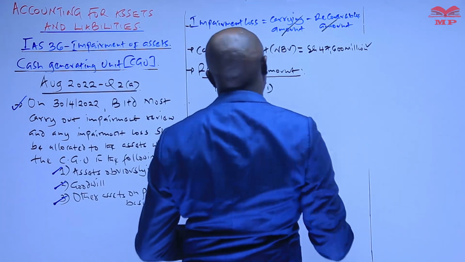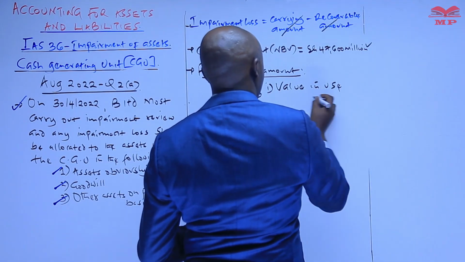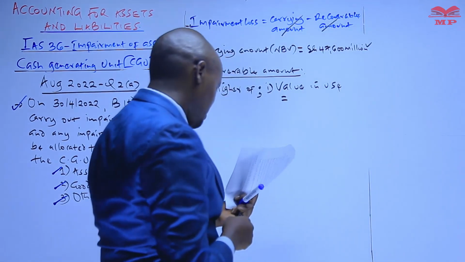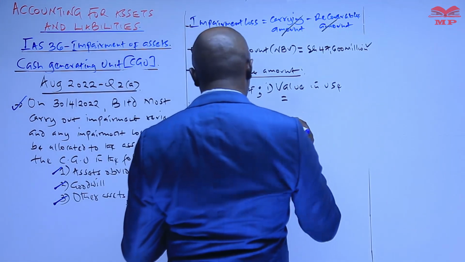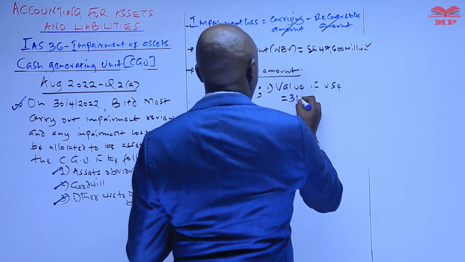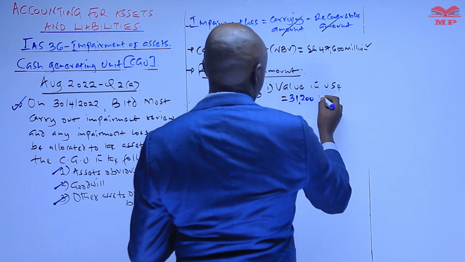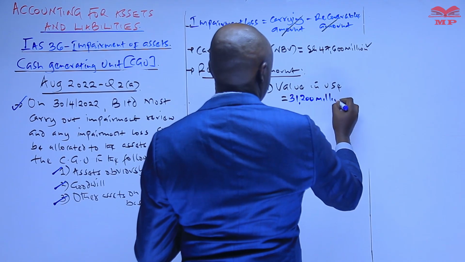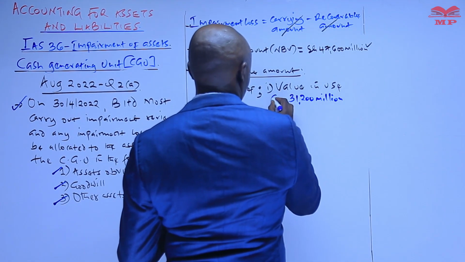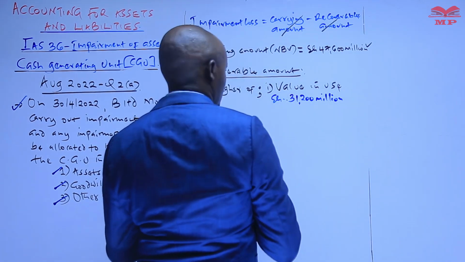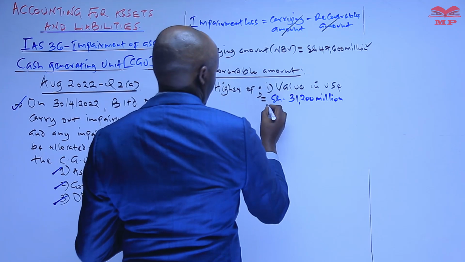Number one, the value in use, of which the value in use is given in the additional information number 1. We are told the value in use was 200 million shillings. 200 million. So we take that all